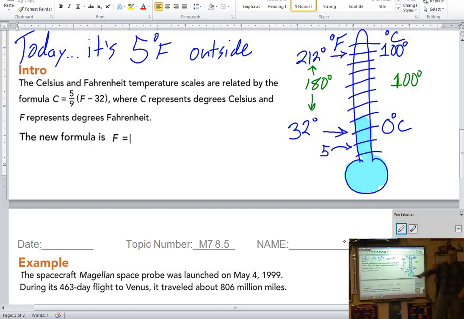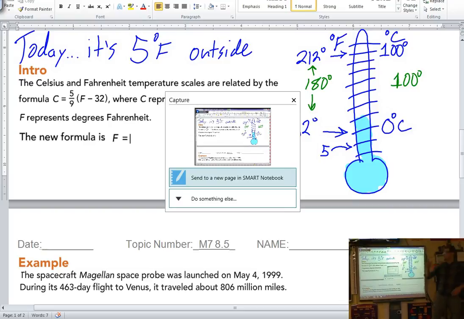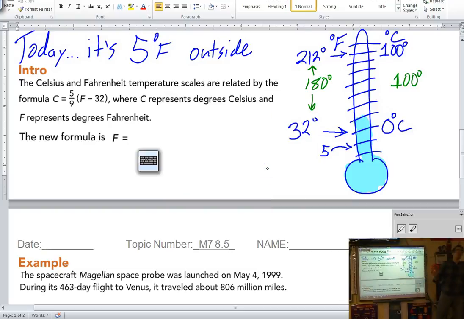The rest of the world uses Celsius. So this creates problems for us, right? When we do scientific experiments, a lot of times we work in Celsius. When we go outside and ask what's the temperature, when you pull up your weather app or look at your car, it's probably giving you Fahrenheit. So we have a conversion formula so that we can take our Fahrenheit temperature and make it Celsius, or take our Celsius temperature and make it Fahrenheit, depending on what you're trying to do.